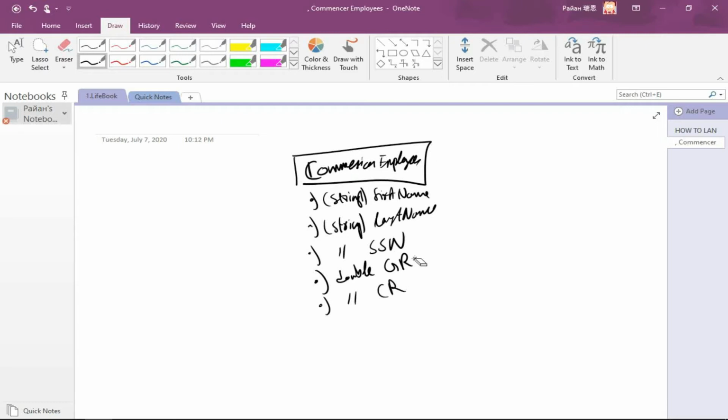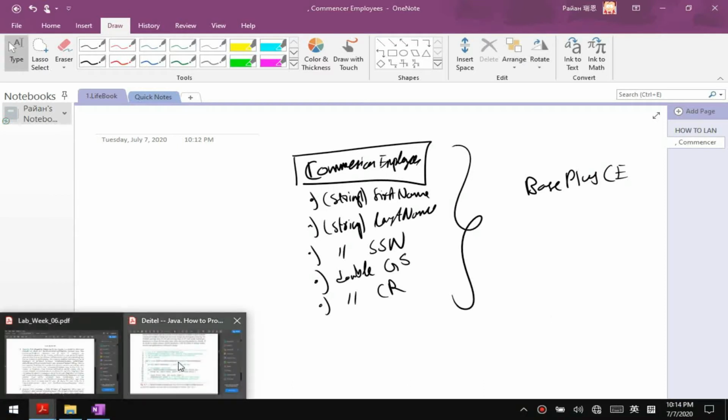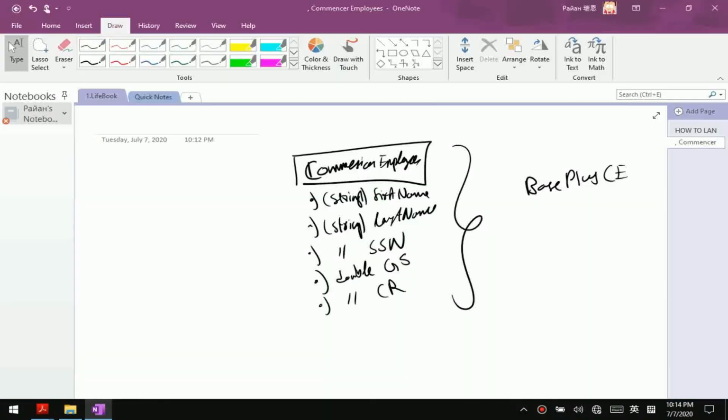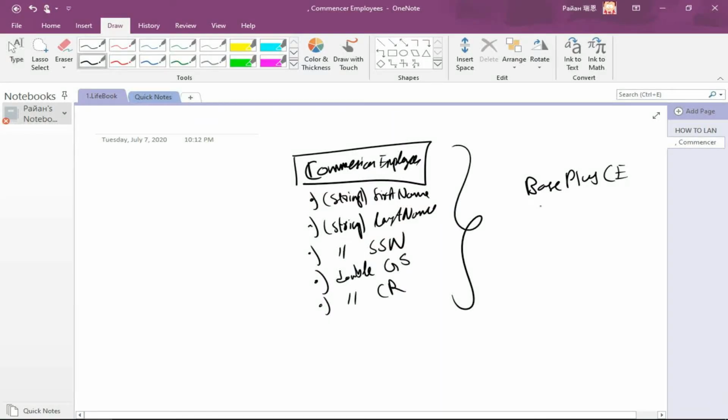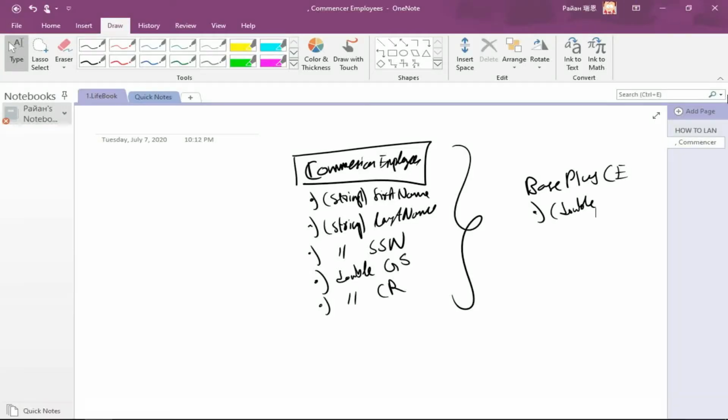I think it was gross sales, not rate. I apologize. Okay, so this was the parent class right over here, and over here you had the base plus commission employee. It had an attribute, let me show what exactly the attribute was. I think it was a base salary. So it had the attribute of base salary, which was I think a double. Was it a double? Let me double check it again. Yeah, it is a double. So it is base salary,